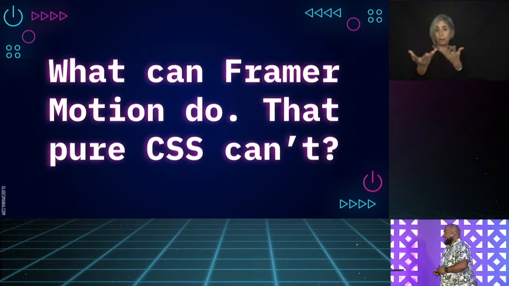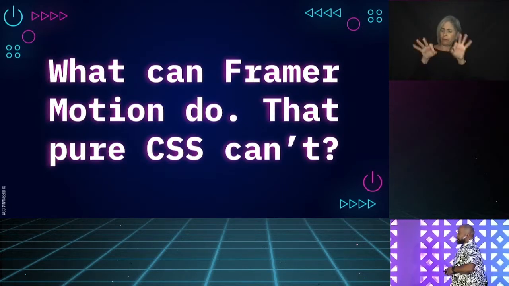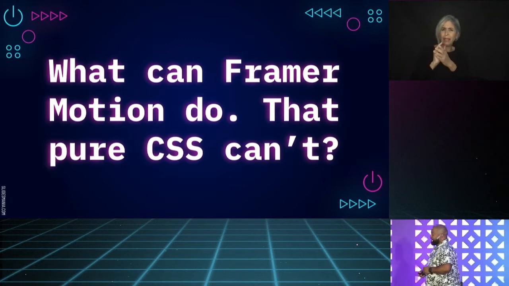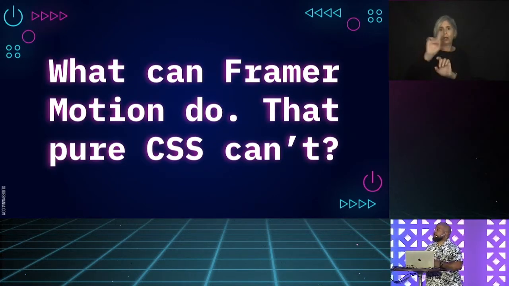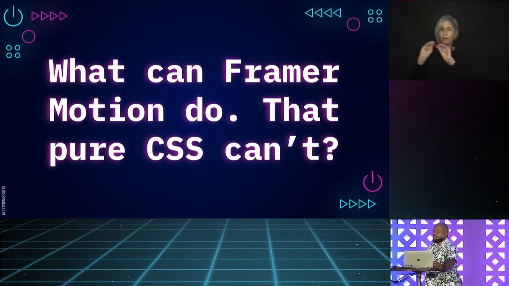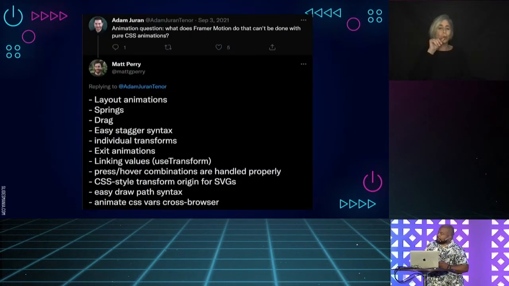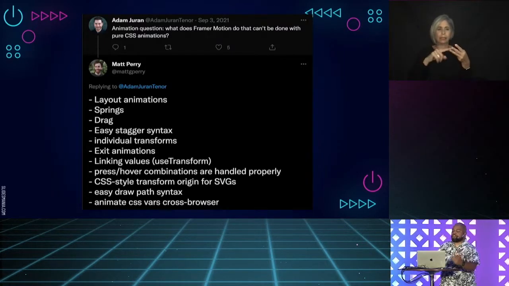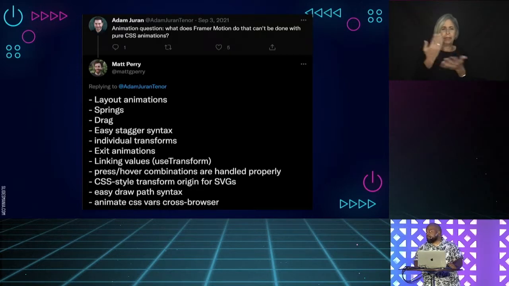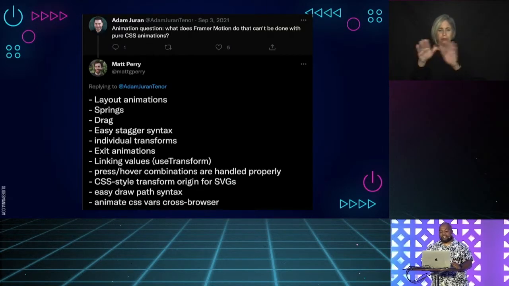So you might be asking, what can Framer Motion do that pure CSS can't? That's a great question, and the creator of Framer Motion answered that question on Twitter. So it can do layout animations, springs. It can make elements draggable. You can easily create staggered animations. You can do individual transforms, exit animations.